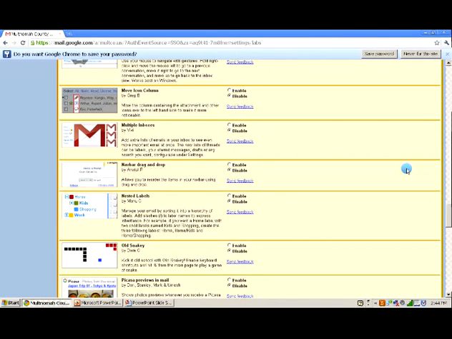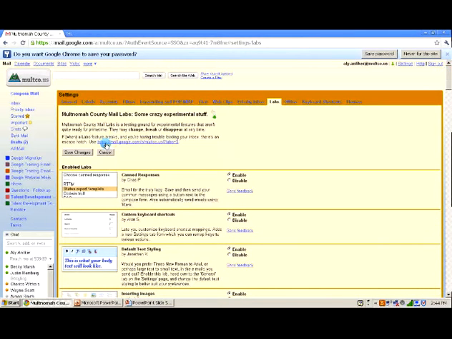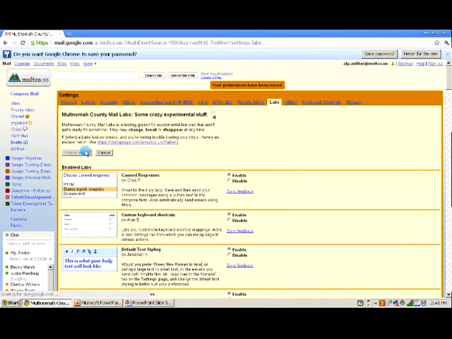The next lab we're going to take a look at is Nested Labels. This is a great lab if you want to create sublabels under the current labels you have. I enable Nested Labels, save my changes,